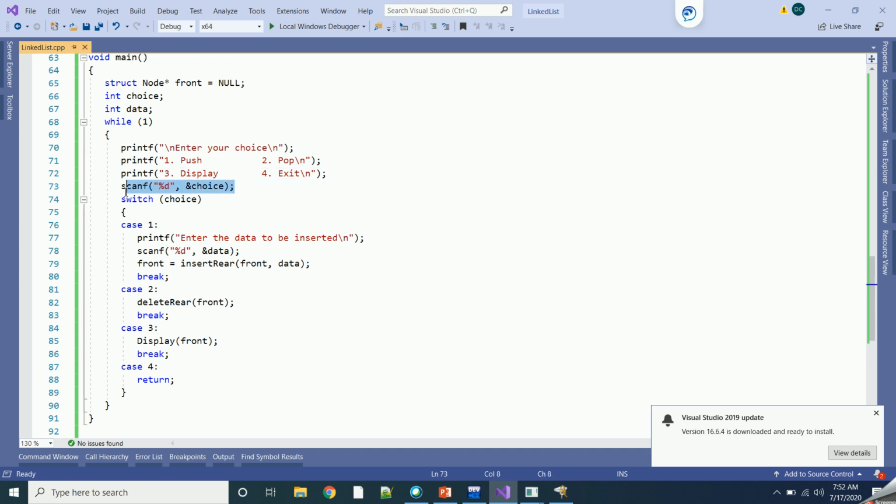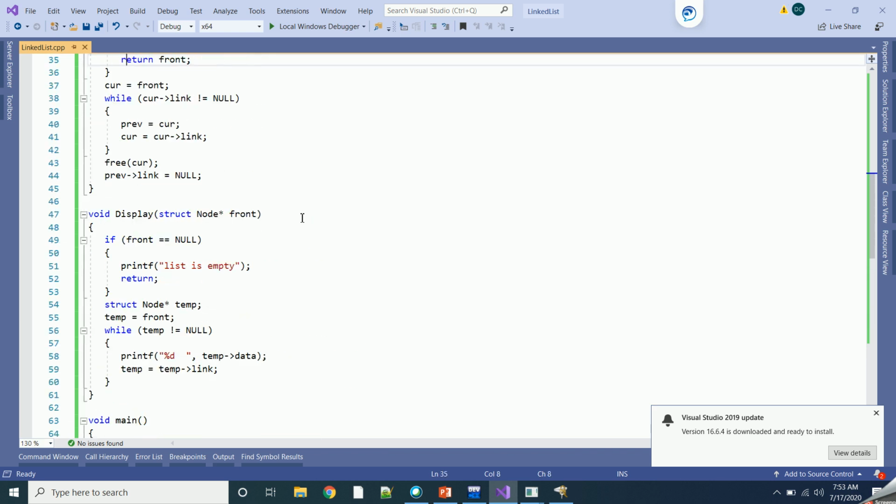Then you read the choice that the user is entering, that is 1, 2, 3 or 4. Then we have a switch case where if it is 1, we add the element, if it is 2, we delete the element, if it is 3, we display the elements, and for 4 we exit the program.